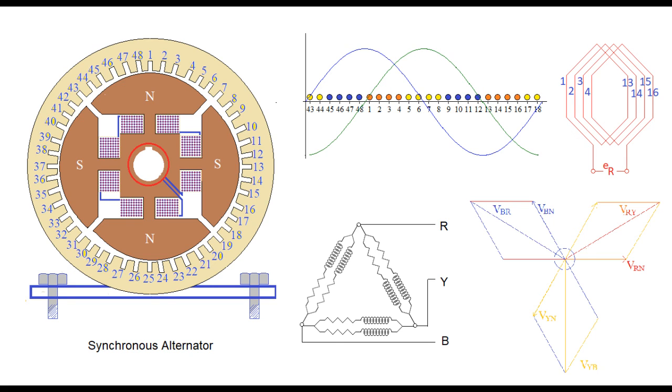A sample connection of armature windings in delta form for two pole pairs is shown on the slide. We may connect these phases in star also. The phasors that we see on the slide correspond to star connection, since the difference between phase and line voltage is applicable only in star connection. The angle between each phase voltage is 120 degrees, and the angle between each line voltage is also 120 degrees.